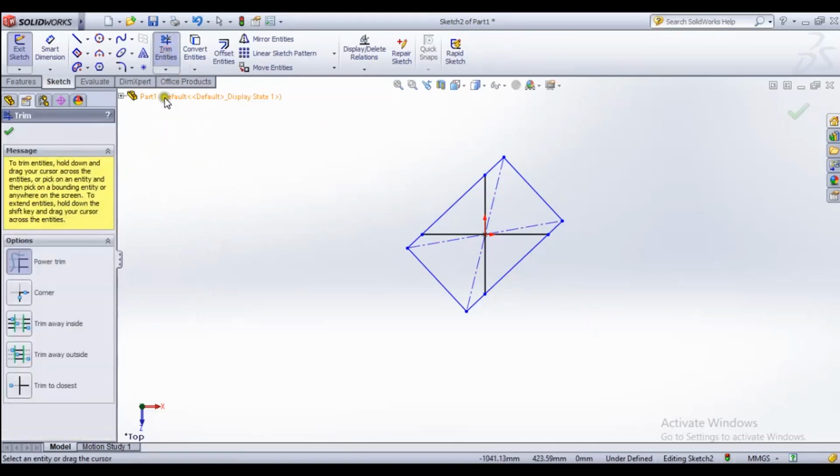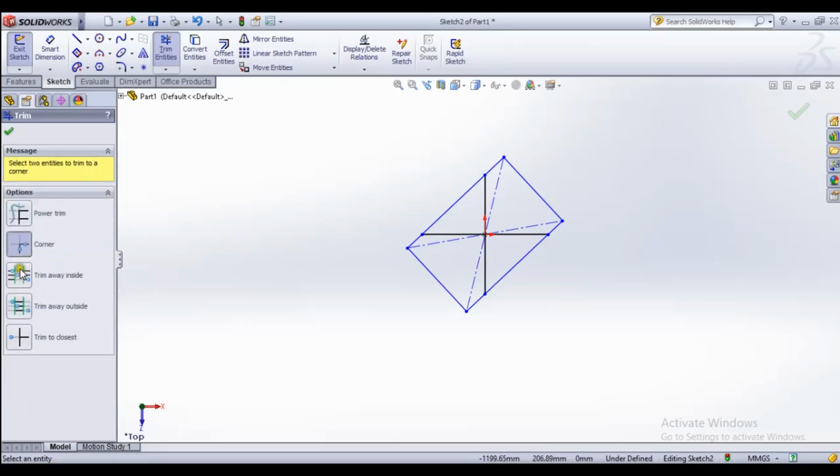And when we select trim entities, there are so many types of trims, but mostly we use power trim. There are corner trims like this and this. Select two entities to trim to a corner.